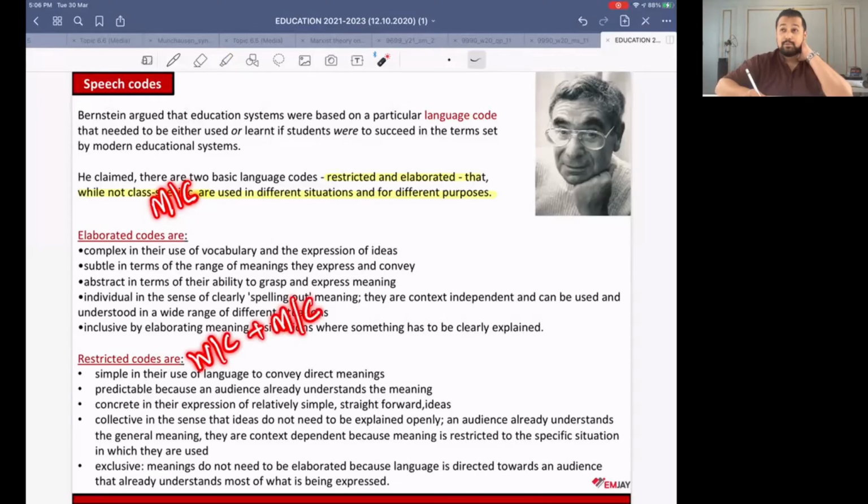Now, a pupil from the middle class might use restricted code when communicating with friends, right? At times you don't need to provide a background, or you don't always have to define context, right? If you're out somewhere and your mom types down a grocery list, not a complete grocery list, even if it's simply something as basic as breads and eggs, you know they're expecting you to get it on your way home, right? Or anything along those lines.